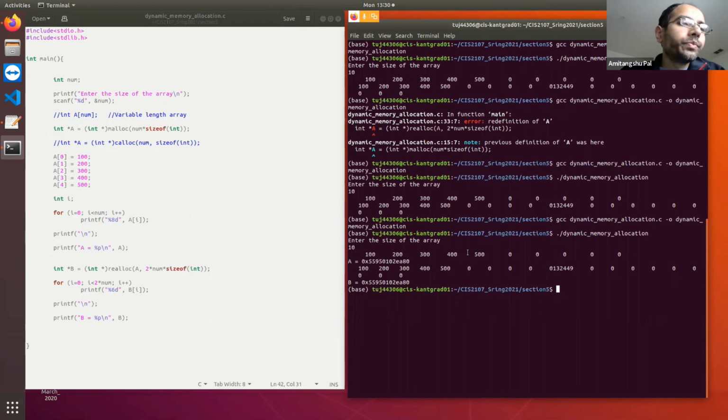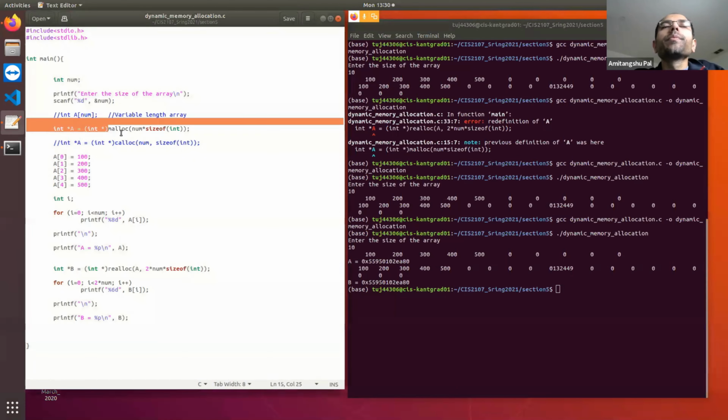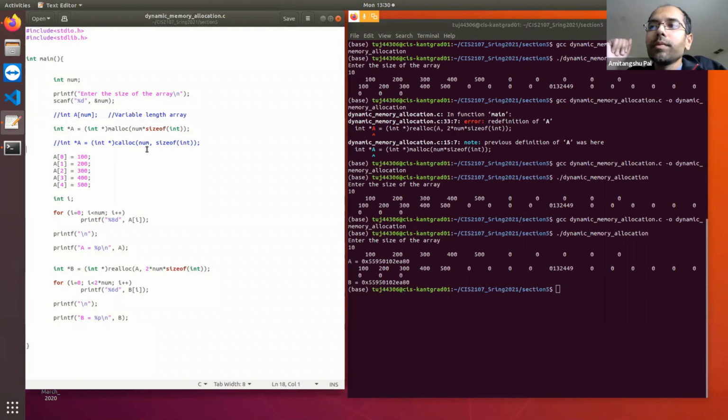Now, another point that we need to understand is that in heap, once you allocate the memory, it remains allocated until and unless you free it explicitly. Okay. In stack, we have learned that inside a function, for example, if I declare a variable, the life and the scope of the variable will be limited within that function.